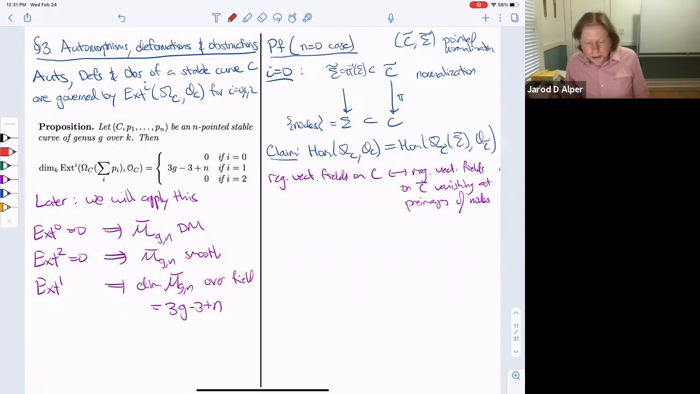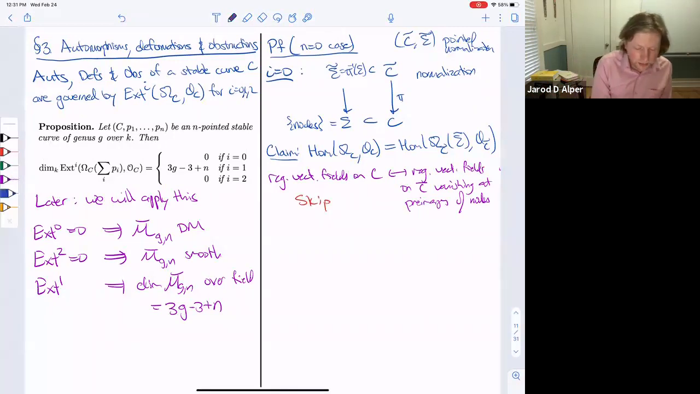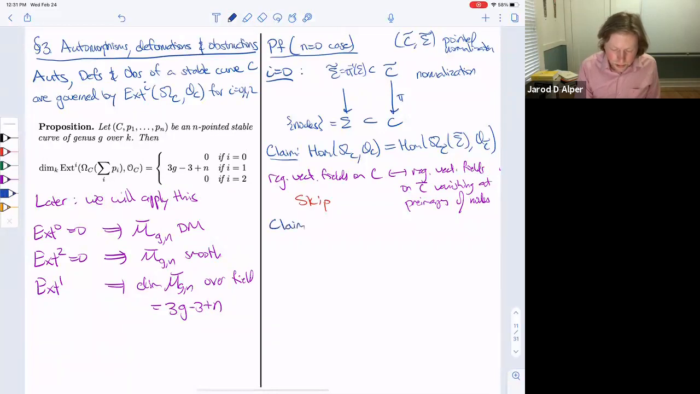You can show this directly just using properties of the sheaf of differentials and how they behave under push forward and pull back under the normalization map. But I'm gonna skip the calculation here. I'm gonna skip the claim, skip the proof of the claim, and just tell you how we use the claim. So the claim implies the following: